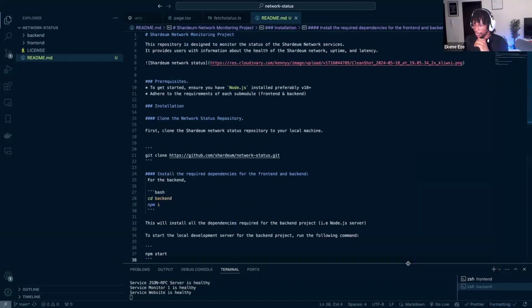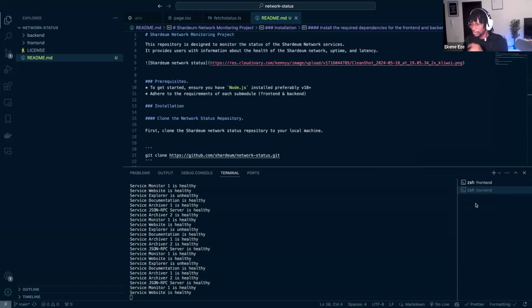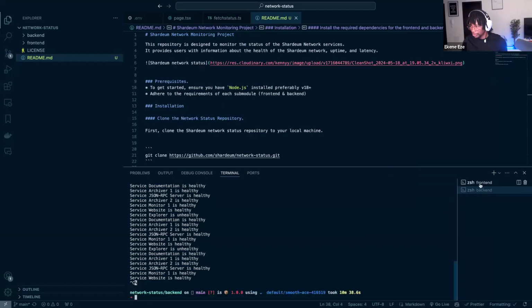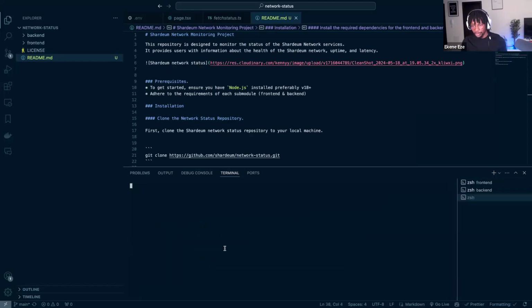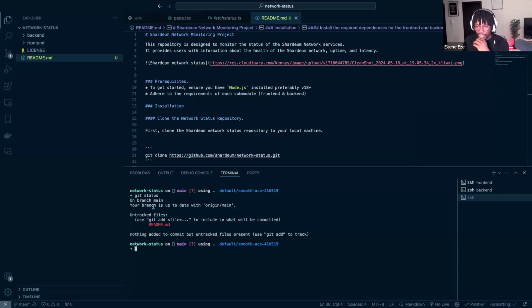So now I'm going to commit my changes, right? I think I can also stop all these ones for now. So I'm going to open a new terminal at the root, and let me do git status to see what has changed. The only thing that has changed in this project is that I've created a new file called readme.md, right? And I want to commit that file. So let's do git add that file.